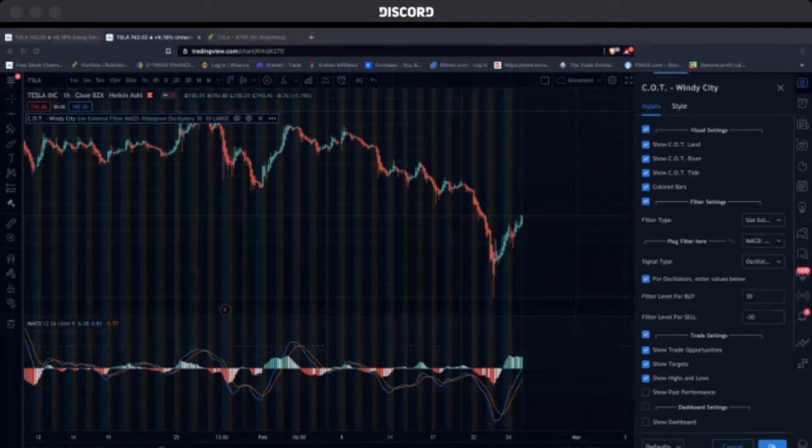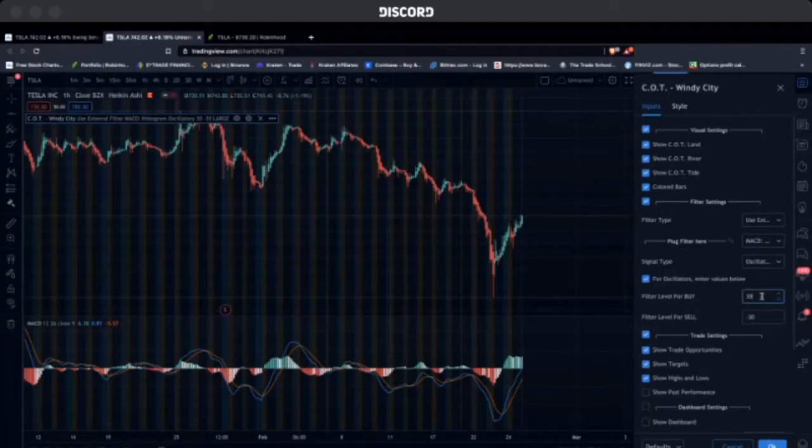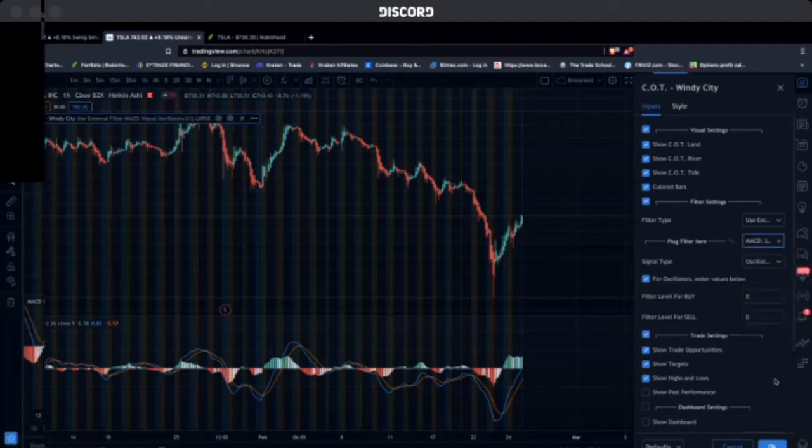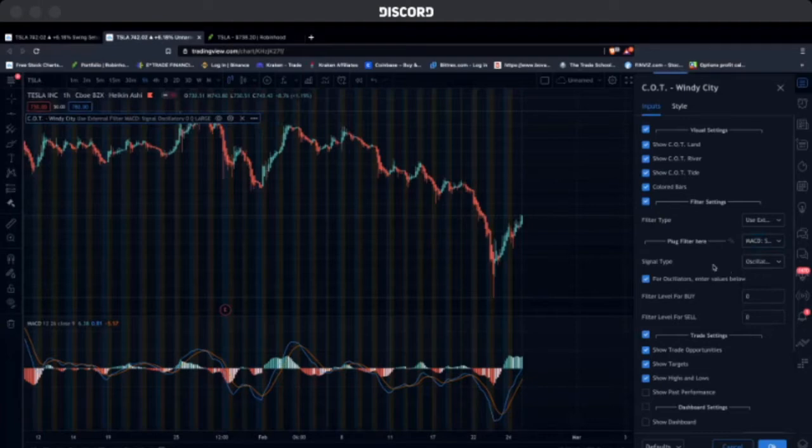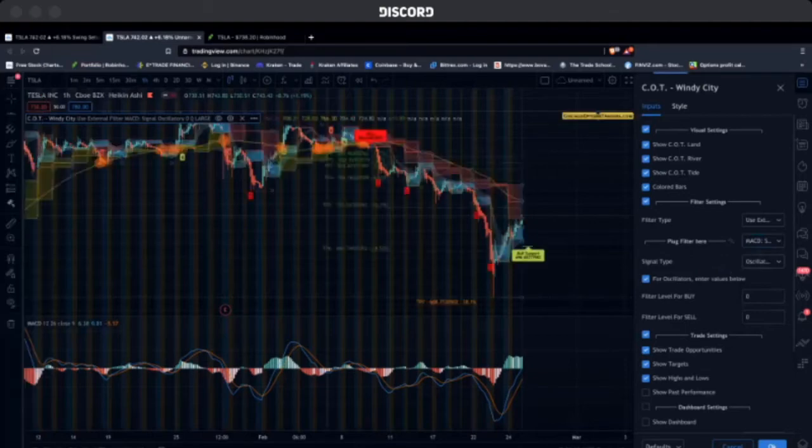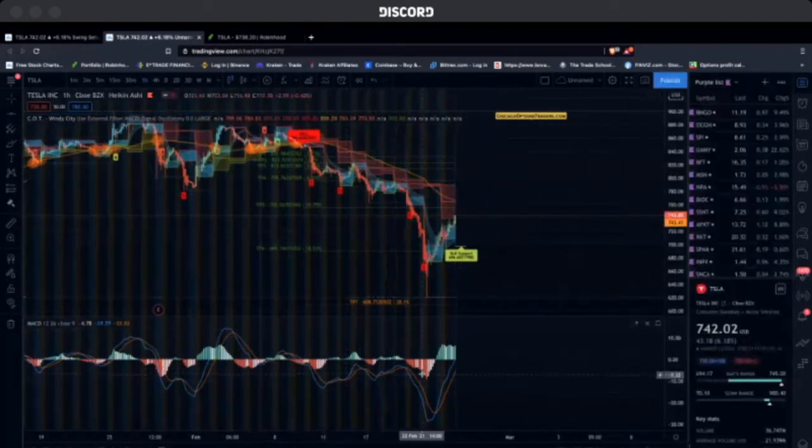Let's try it based off of the signal. Okay, there we go. So on the MACD right here, it's just giving you the same thing based off of